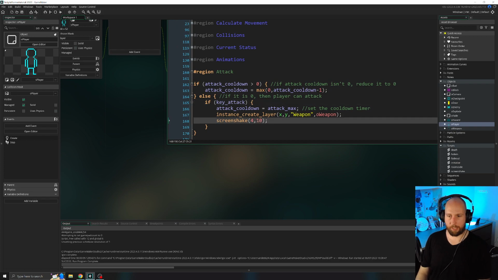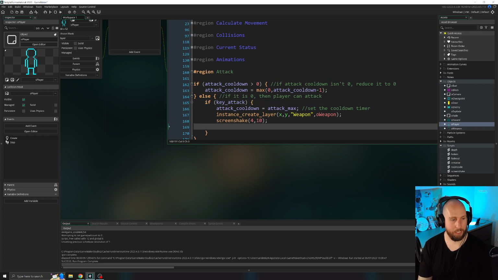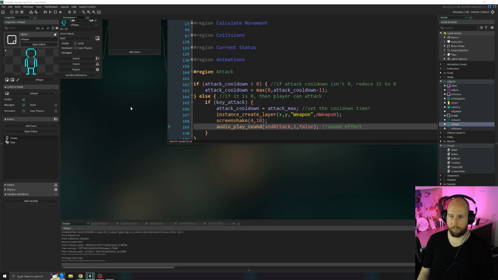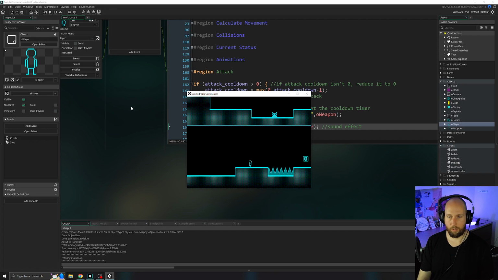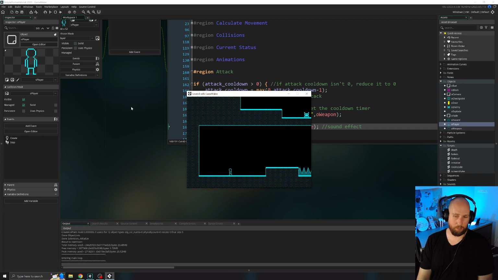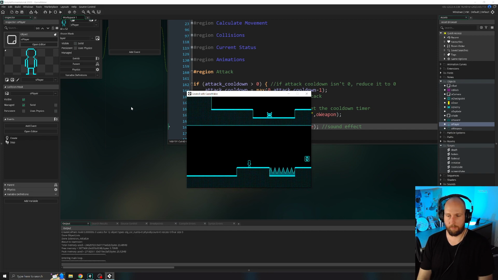And lastly, for our attack sound, go to our OPlayer object in the attack region, in the key attack section after the screen shake, noticing a pattern here, right? audio_play_sound(snd_attack, 1, false). Sound effect. Again, this is only happening in a single frame. We could have also added that sound to the weapon object in its creation code, as well as the screen shake we could have added there, but